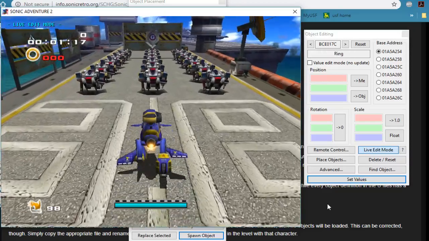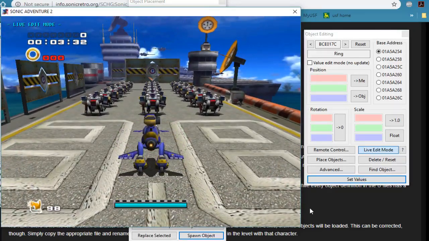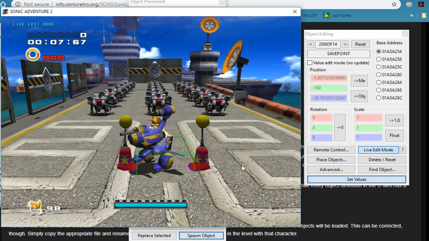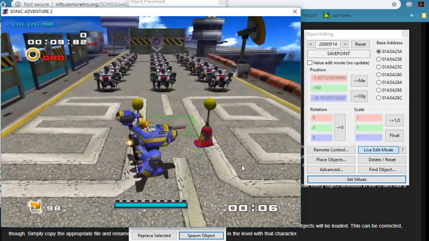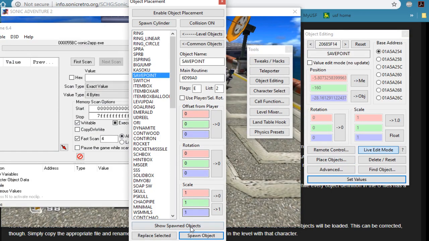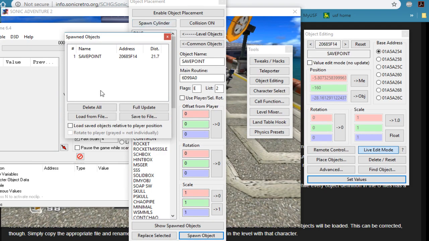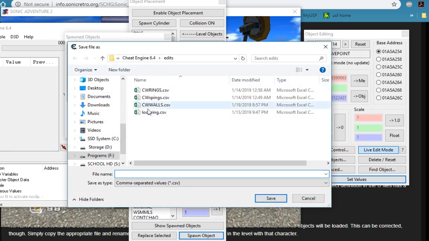Now if I reset the stage, it's gone. So you need to save your work to keep it. In order to do that, you go to your place objects, go to show spawned objects, and if you did it correctly, the save point should be here. We're going to do save to file,